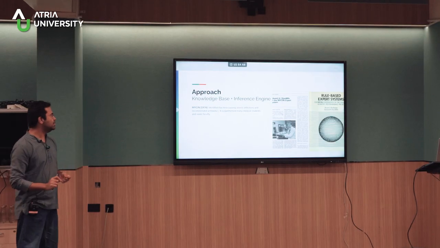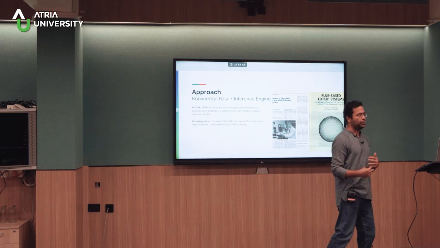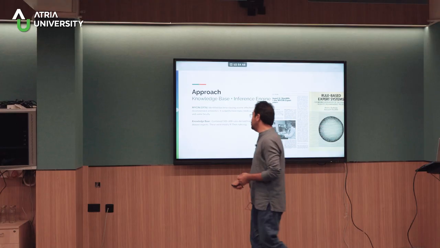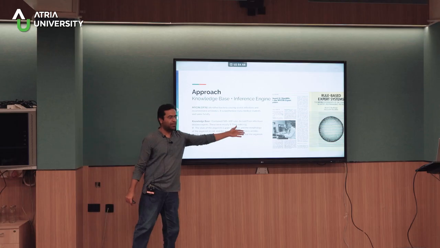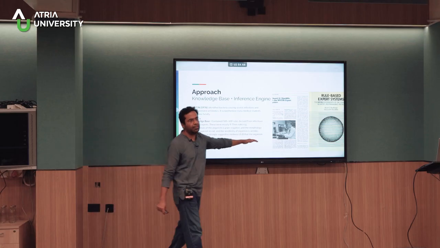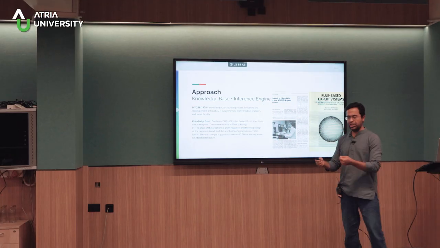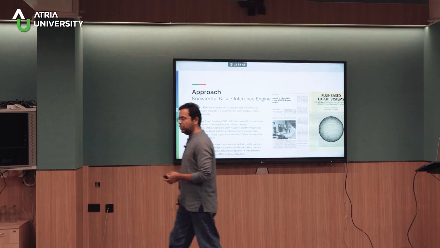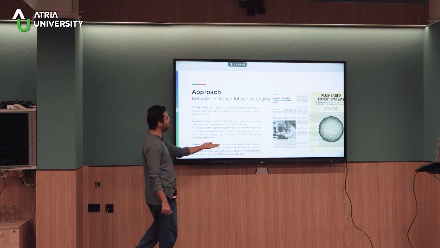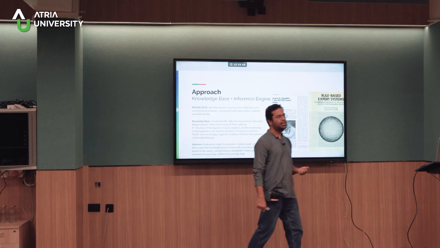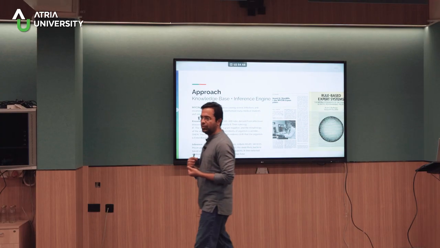And they talked to several doctors, and based on talking to several doctors, they came up with about 600 rules. And these 600 rules were encoded in some sort of a computer program. And these rules look like this: if the strain of the organism is blah, blah, blah, then this is the antibiotic to recommend. So they came up with these 600 rules. And then what they said is that if a patient walks in, and a physician or a doctor is talking to them, let the physician feed in all the information about the patient, including the symptoms, including the lab results and lab tests, and this machine will tell you what is the infection and what is the antibiotic to be prescribed.